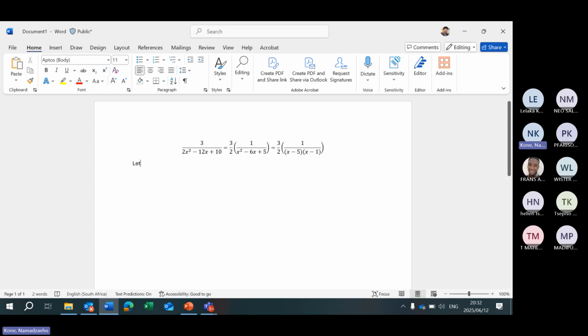So we're going to let this be equal to partial fractions, which is a over x minus 5 plus b over x minus 1. All right, then we multiply by the LCM of the denominators, both sides,